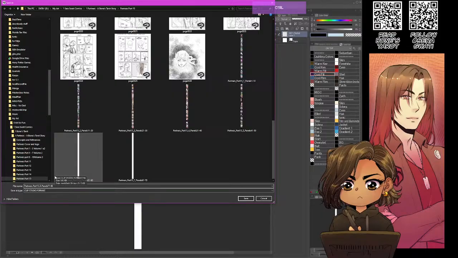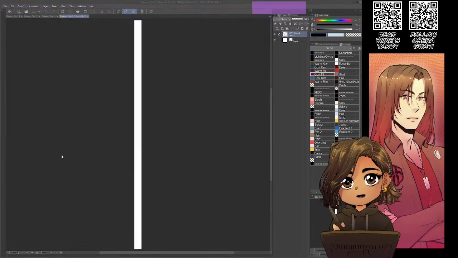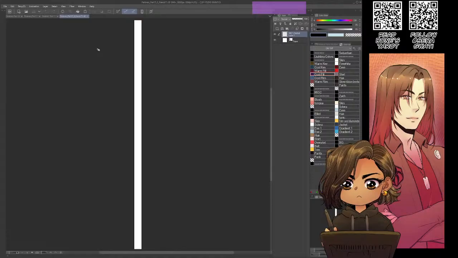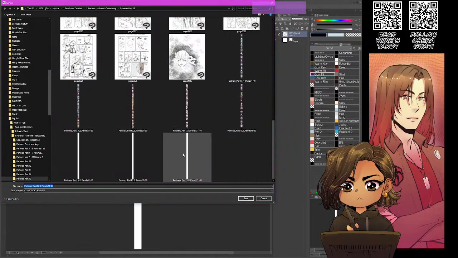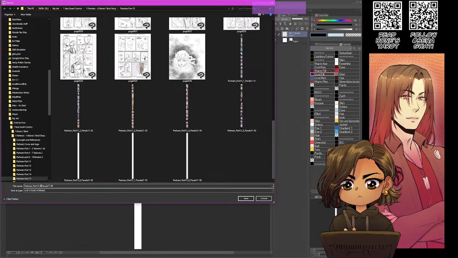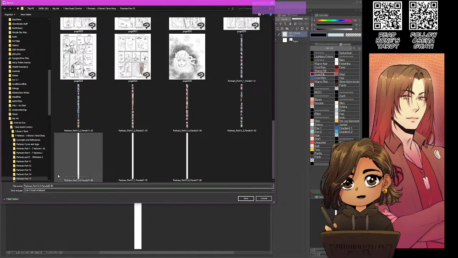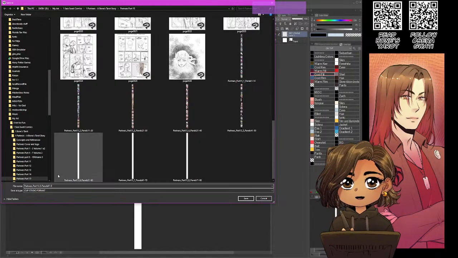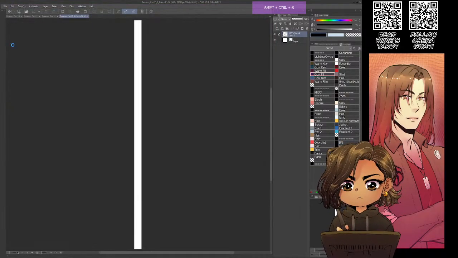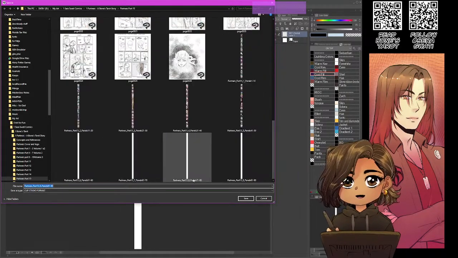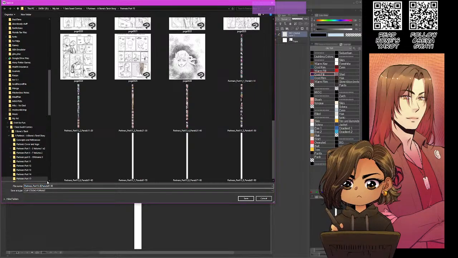Episode 8, part 15. 80. It's 9. Panels 81 to 90. And last one for today.